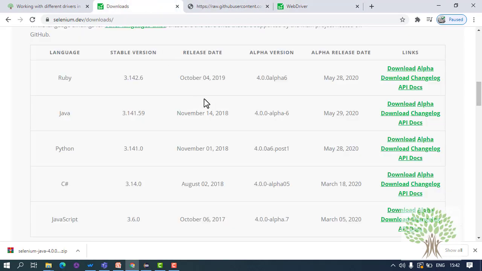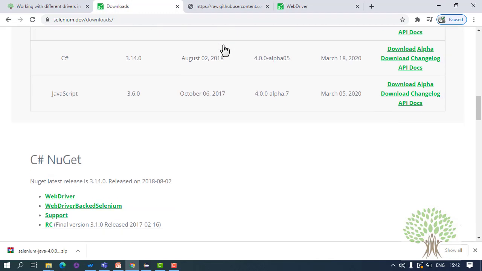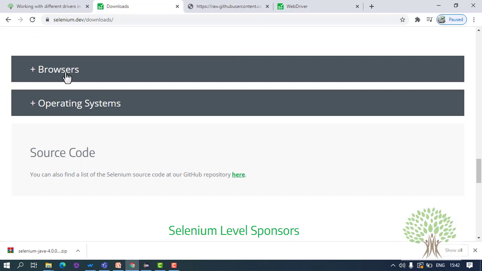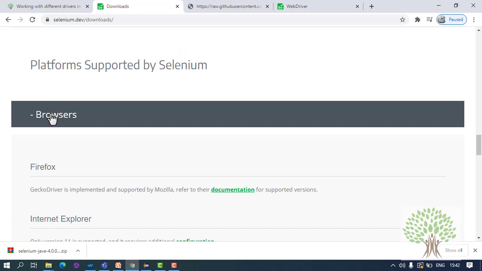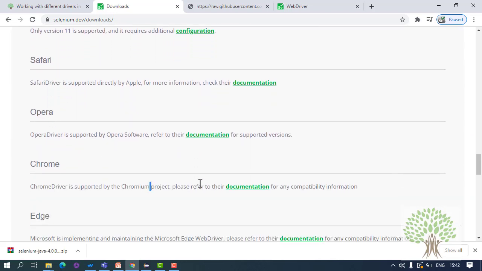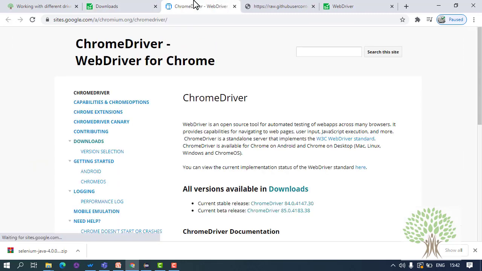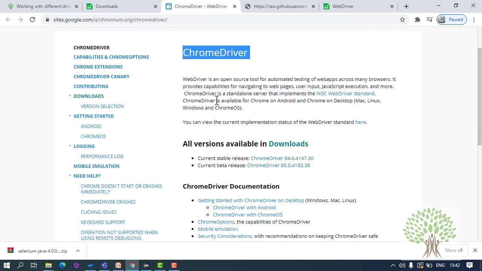Again, you need to go to the official website of Selenium, go to the downloads page, scroll down, you will see the browser section over here under platforms supported by Selenium. So you will see different browsers. Go to the Chrome browser and you will see the documentation link over here. Open this link. Now you have to download the Chrome driver exe according to your version of browser.